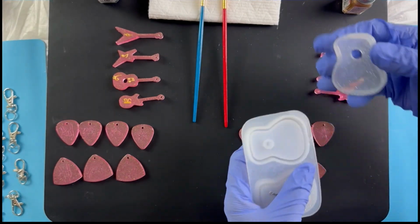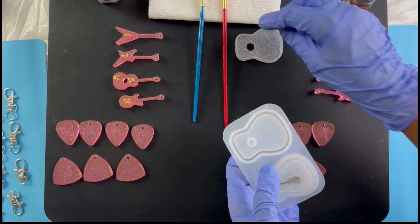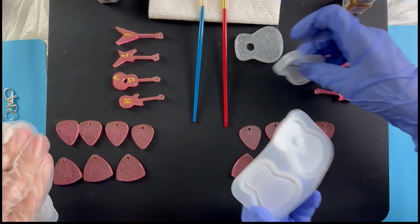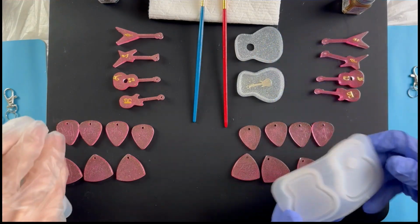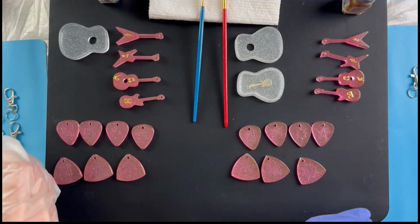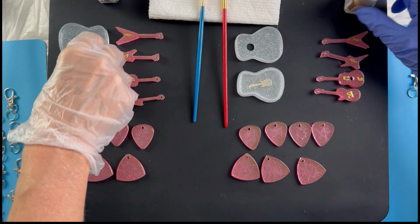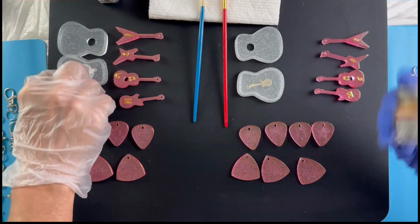We didn't do any of these because I made a ton of them already. So these would be really fun to put out. Any of the guitar players will have these as a little souvenir for trade day. Trade day, yay. You got those taken out, and you're gonna take your